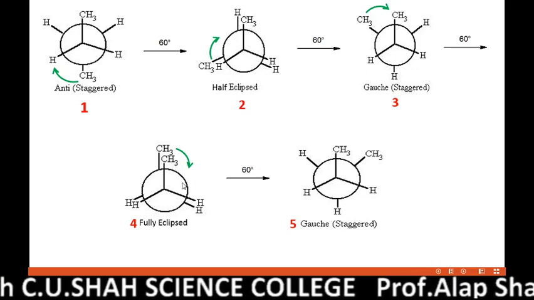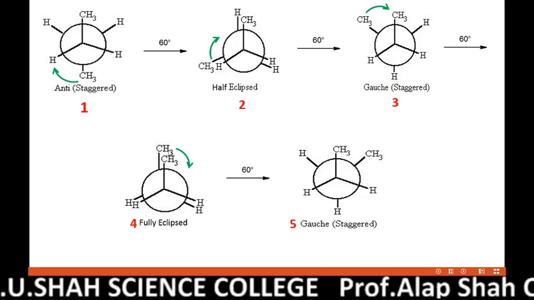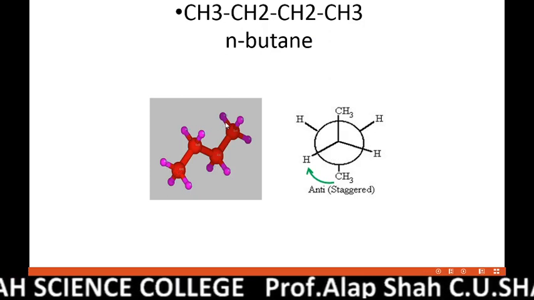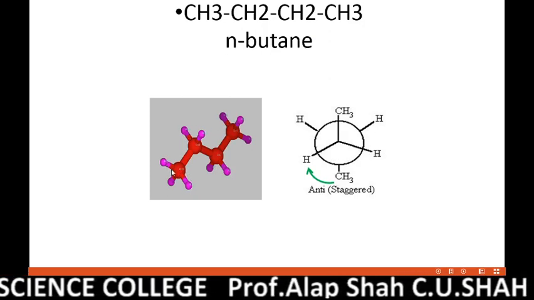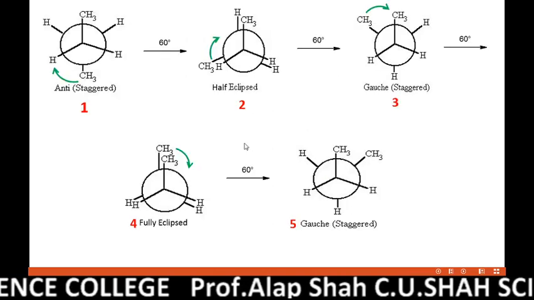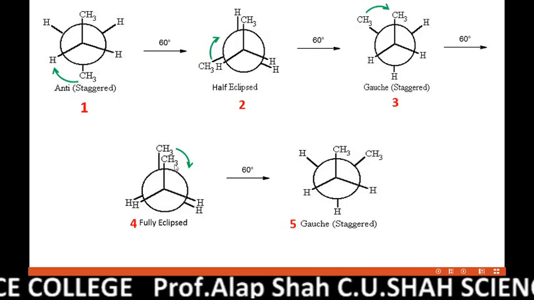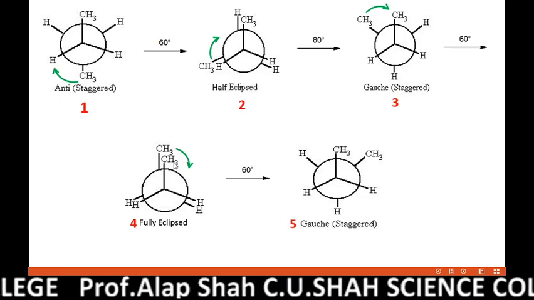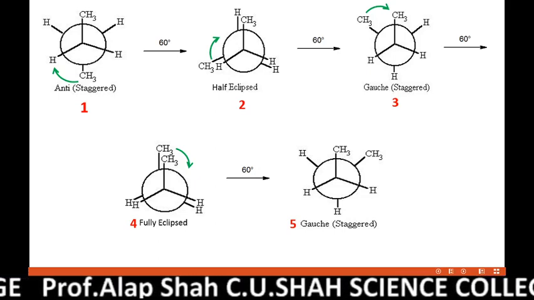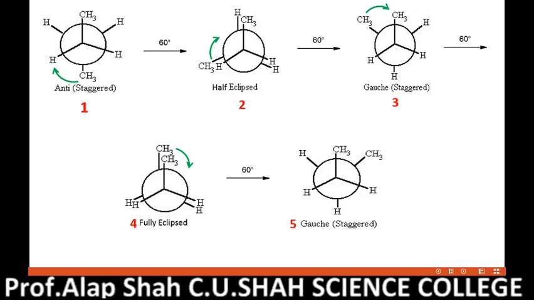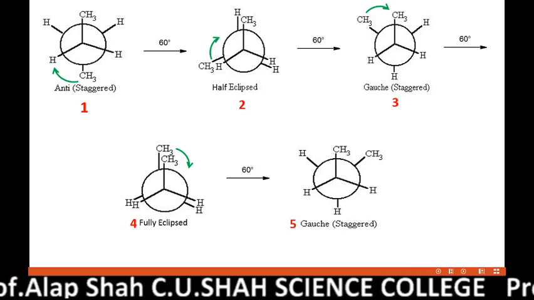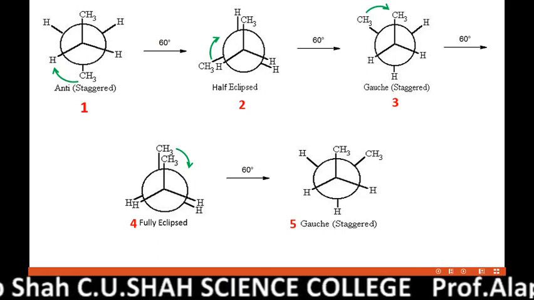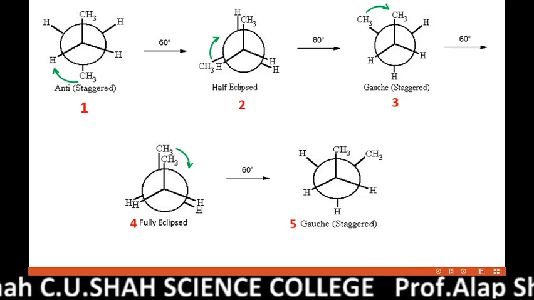So you can understand that now in the two eclipse, even this full eclipse is highly unstable, because three hydrogens of one methyl and three hydrogens of another methyl are behind each other, and that's why they experience great repulsion. Moreover, we know that eclipse always experiences torsional or Pitzer strain, and as a result, full eclipse has even 90 kilojoule per mole more energy than the more stable anti-conformer. So this is the most unstable conformer of normal butane.